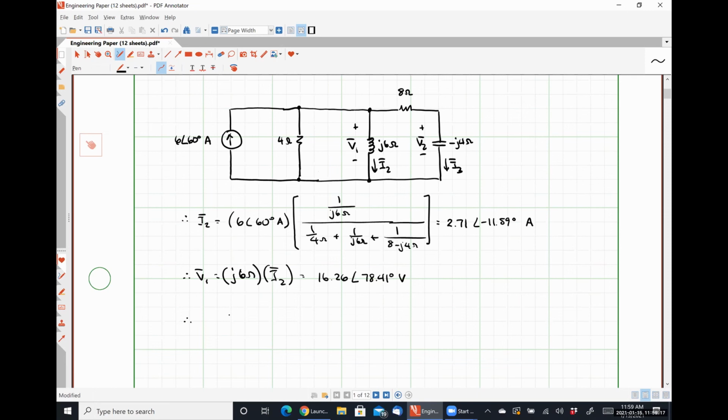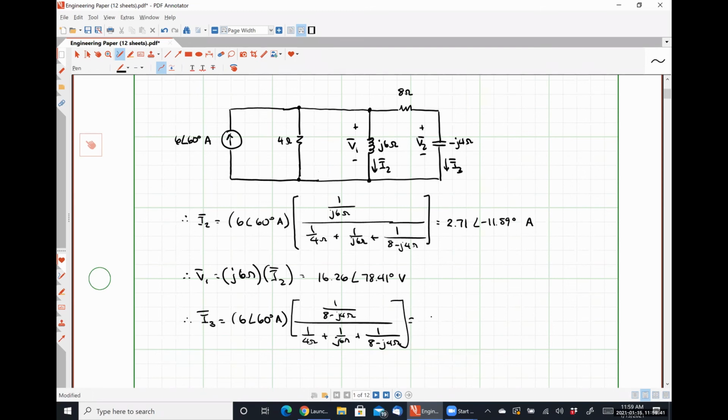We could find I3 now easily using current division: 6 angle 60 degrees amps times 1 over 8 minus J4 divided by 1 over 4 plus 1 over J6 plus 1 over 8 minus J4